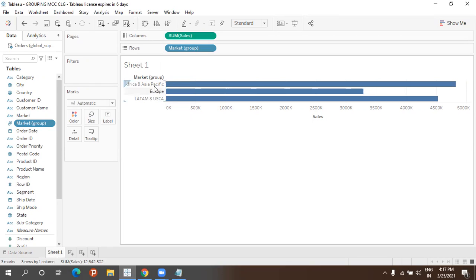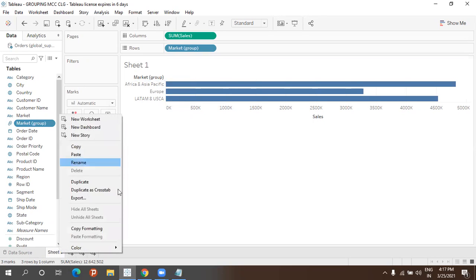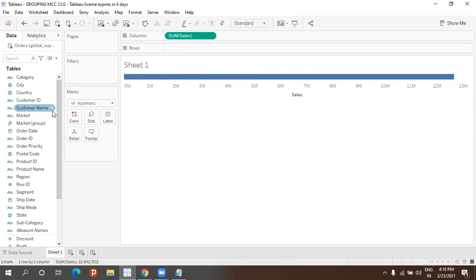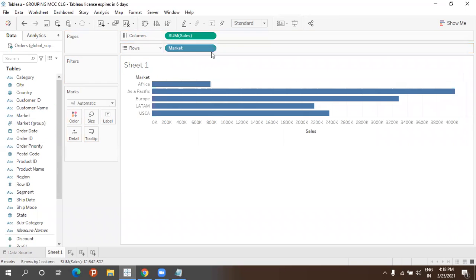So this is nothing but what we are grouping based on headings. So this is headers. Okay. So let me save this. See, once I group this, automatically on the left side, can you see something additionally added by the name market group? Once I drag and drop this outside and take market again, it comes normally like this, whatever it was by default. So now what I will do, I'll drag and drop it out.